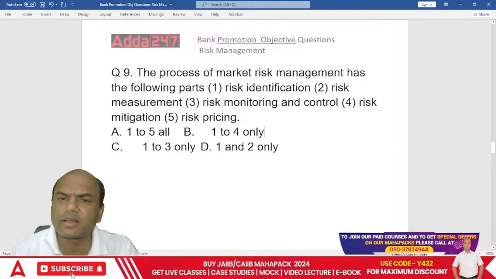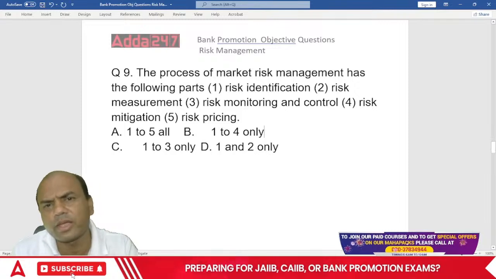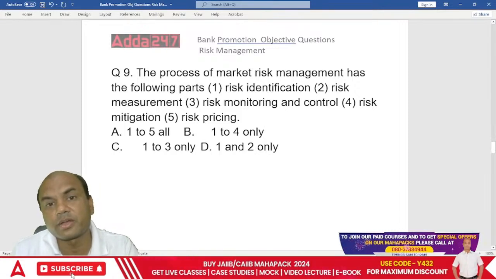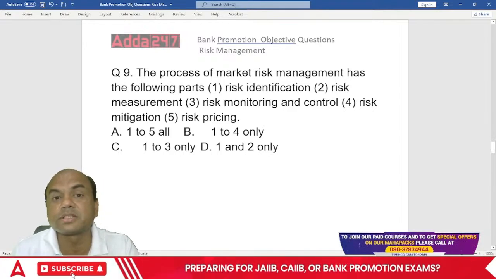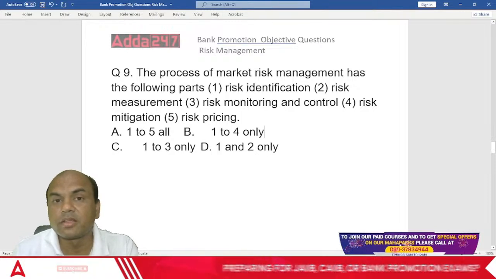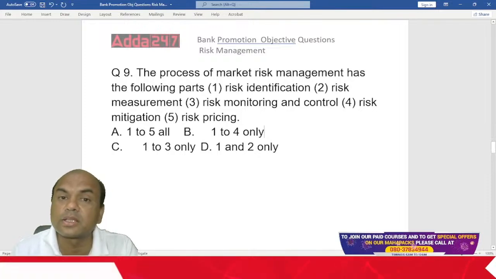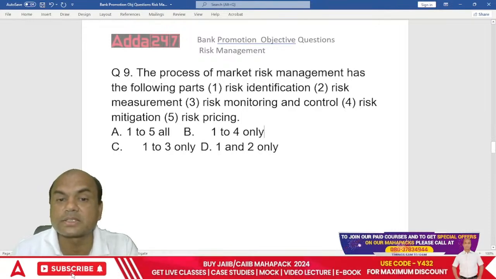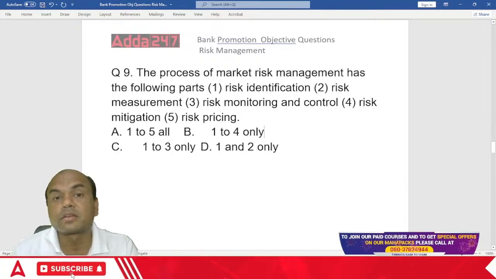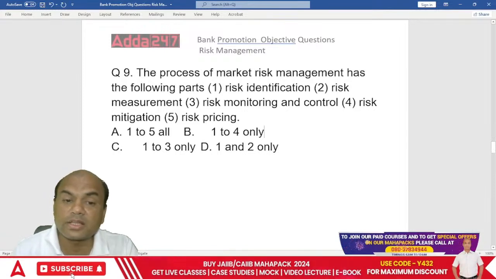Obviously, you'll charge 500, right? So 500 will be charged a higher rate of interest. Why? Because his risk rating is low, or his CIBIL score is low. What does it mean? We have huge risk on that customer. So as the risk on any customer goes on increasing, we increase the rate of interest. That is known as risk pricing. So risk pricing means whenever any customer is more risky, we'll charge more rate of interest to that person. So what is the answer then?